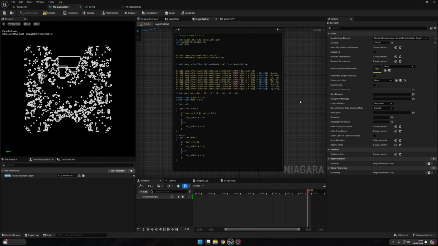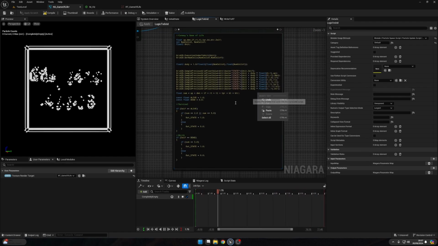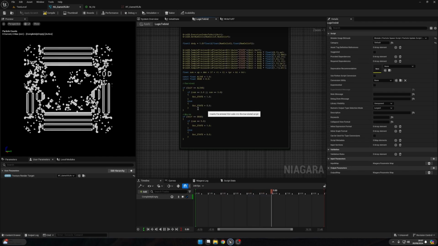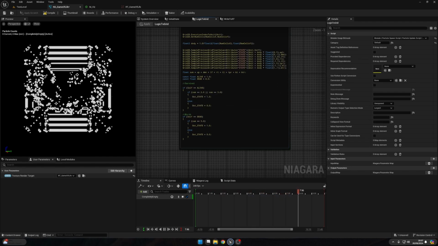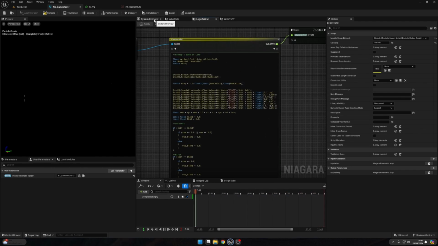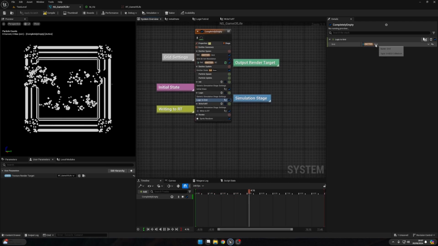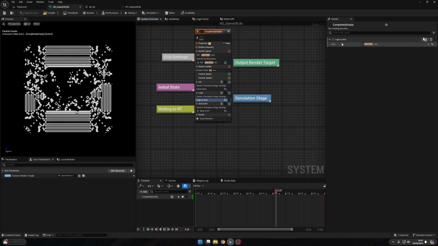And yeah, that's how we read the surrounding cells, and then we can just count how many of those are on, and then we can adjust our own state based off that. So that's the basic rule set to that. Also make sure that you've got the grid attribute here as your input,